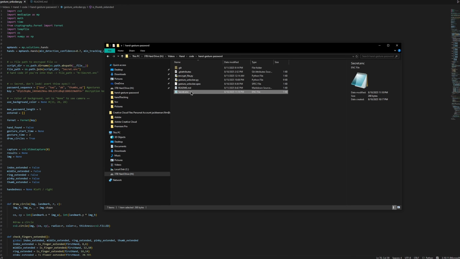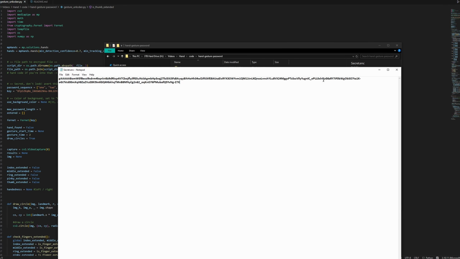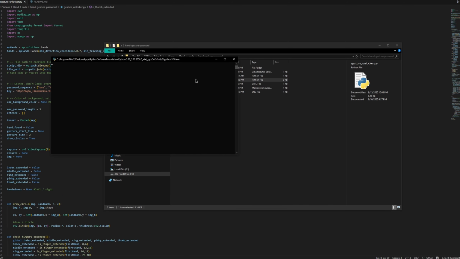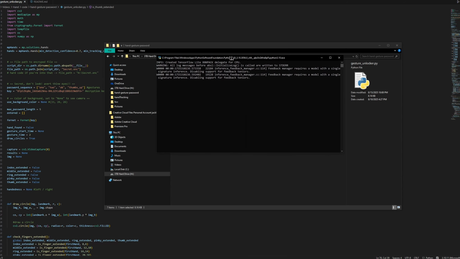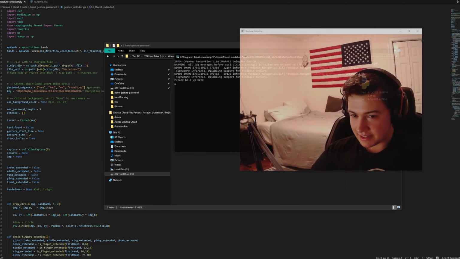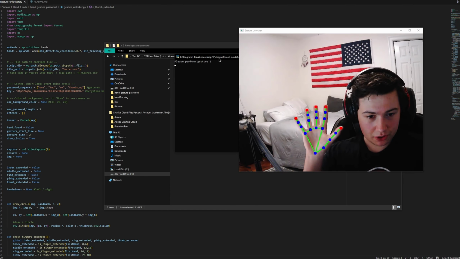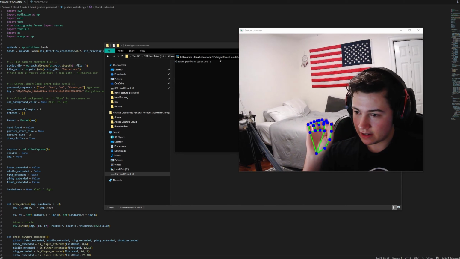Let's test it out. Okay, here's my encrypted file. If I click on it, it's just going to be gibberish, right? If I actually want to see what's in it, I can use Gesture Unlocker. It'll run the program and hopefully start up the camera. So then, I'll move this here. Yeah, so it's saying please hold up hand. I'm going to put, see it's, okay, perform gesture 1. It sees my hand. I'm going to say 1,